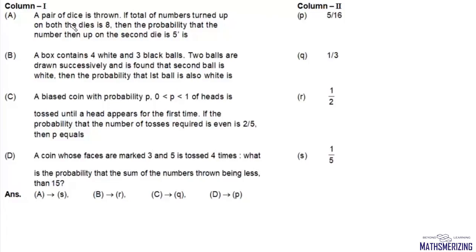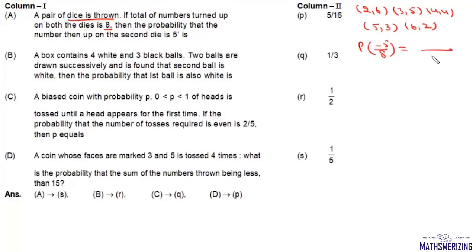Now here the question is, a pair of dice is thrown. The total of numbers turned up on both the dice is 8. Then the probability that the number turned up on the second dice is 5 is. Now we'll get this sum 8 when we have (2,6), (3,5), (4,4), (5,3) and (6,2). So this conditional probability that the number on the second dice is 5, when the sum is 8, will be